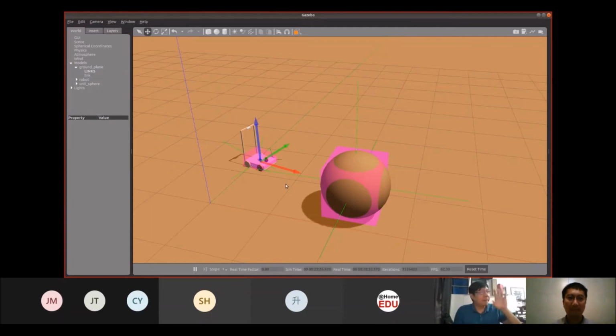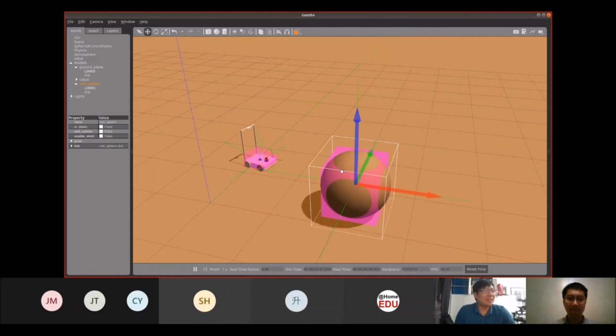In Gazebo itself, this one I'm not 100% sure. But even if you see over here that this is a sphere, you will notice that the inertia is always in cube form. So there might be some simplification in Gazebo. For this part, I'm still looking into it, but it does approximate the inertia of the particular object together with the collision shape itself.